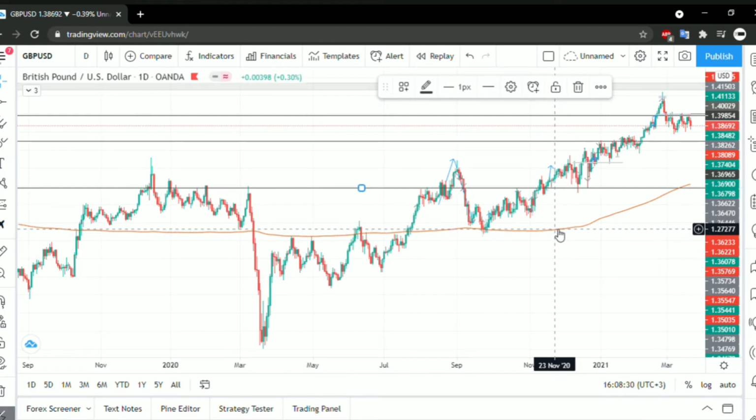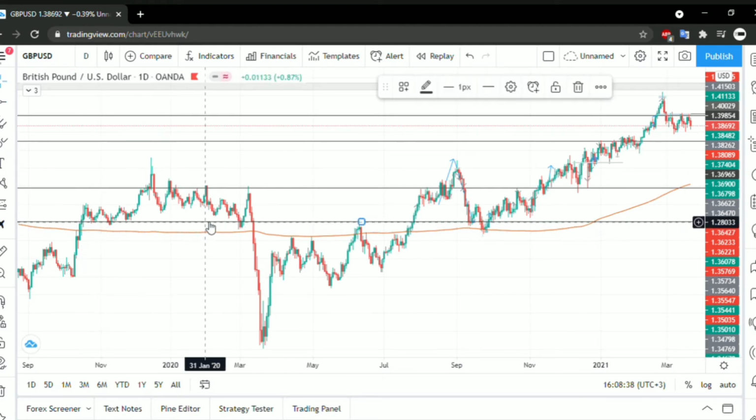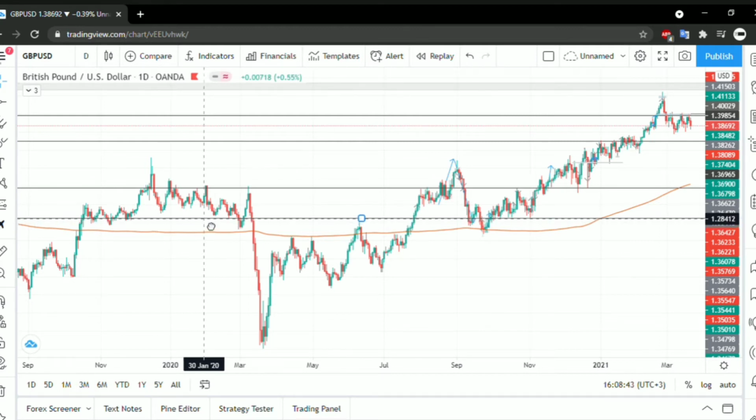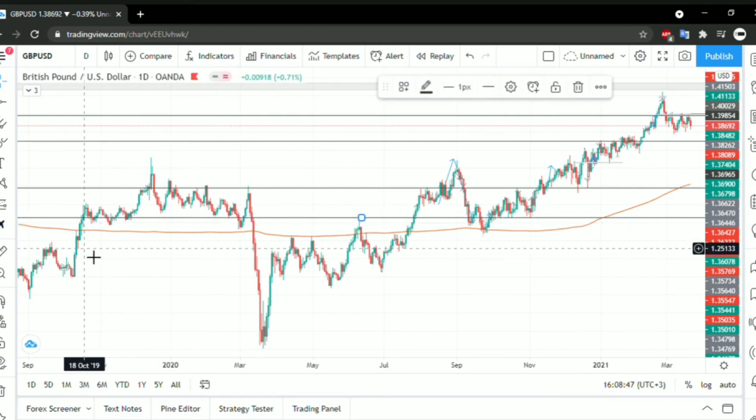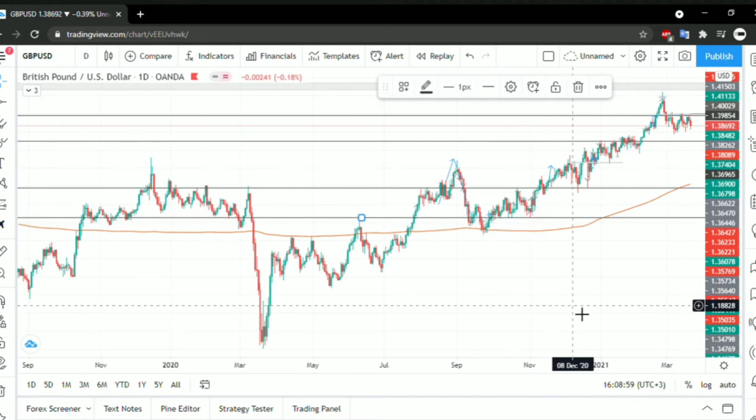And down here we can also identify another resistance point. So let's just select our horizontal line and place it here, and then try to drag it as much as you can so that it touches the most number of points. So clearly we can see here, we have 1 touch, 2 touches, 3 touches, 4, 5, 6 here, 7, 8, 9, 10, 11. So that's a good